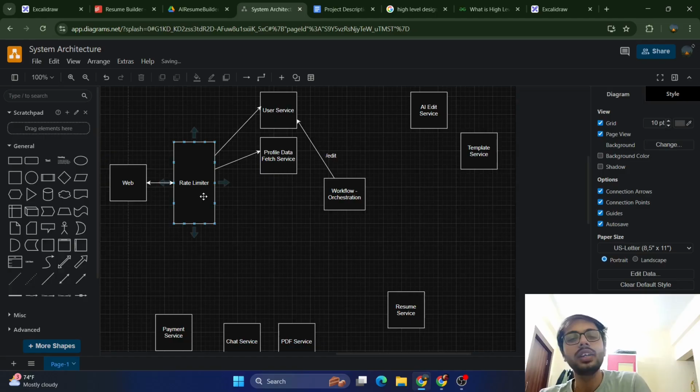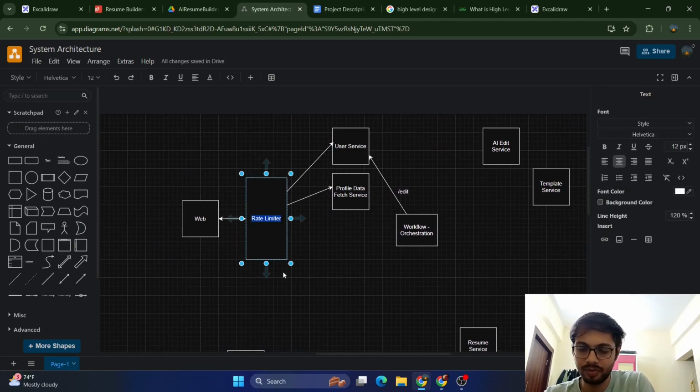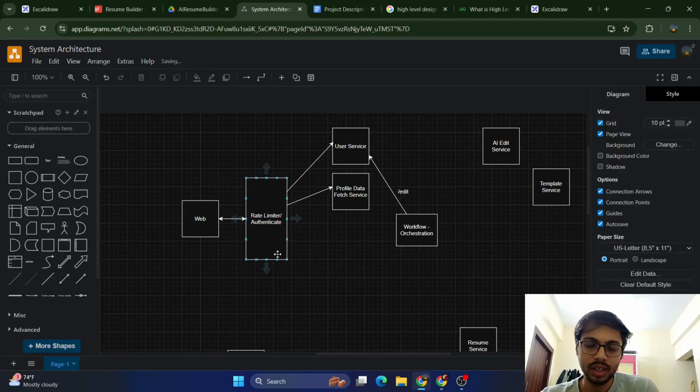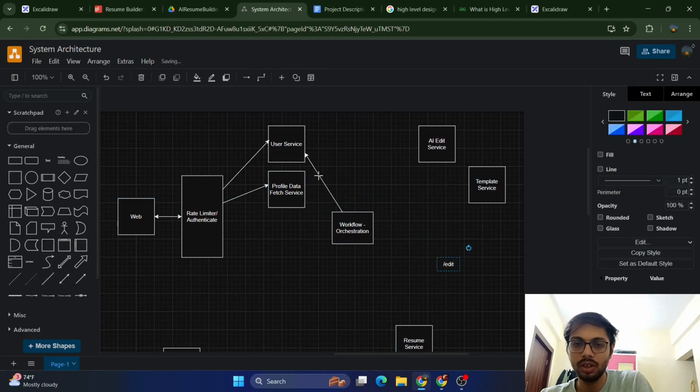और वैसे ऑथेंटिकेट हम लोग इधर ही कर लेंगे, आइडिया तो यही है। स्लैश ऑथेंटिकेट, we can authenticate here only. You don't have to call user service again and again. तो edit prompt आएगा हमारे पास में, हमको वो prompt को सीधा AI को देना है।